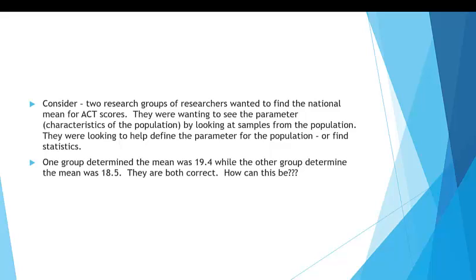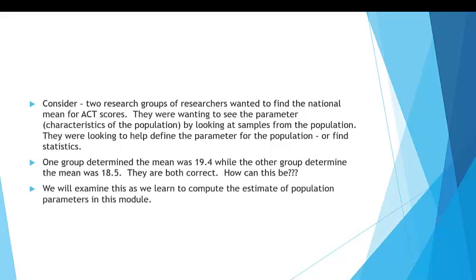So let's say that one group came up and said the national average or the national mean for ACT was 19.4, while the other group determined the national mean was 18.5. And what if I told you they were both correct? You would say, how can this be that they're correct and they're almost a point off? So we're going to look at that and understand how they can both be correct,